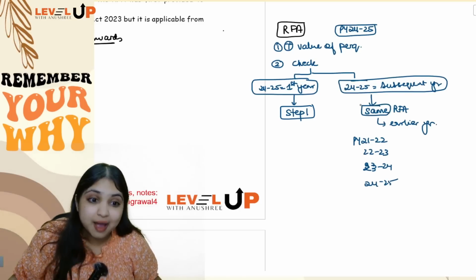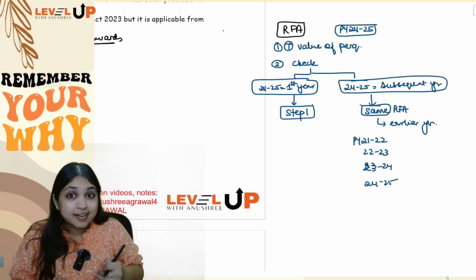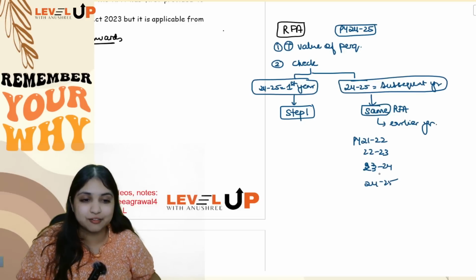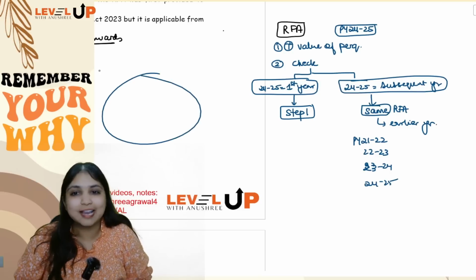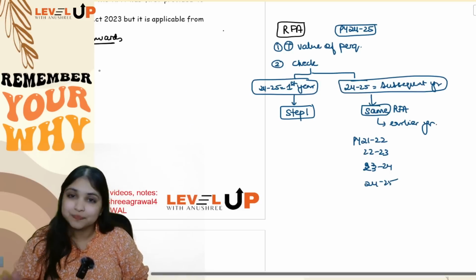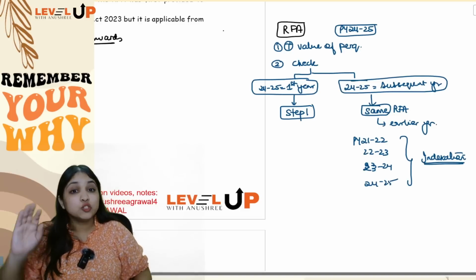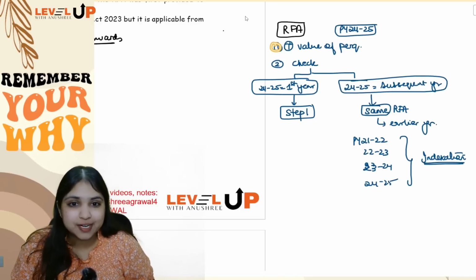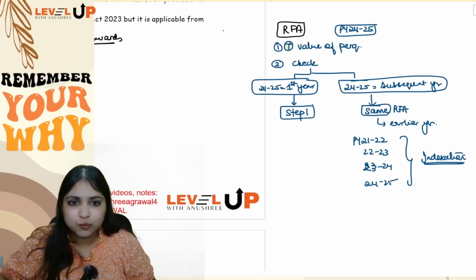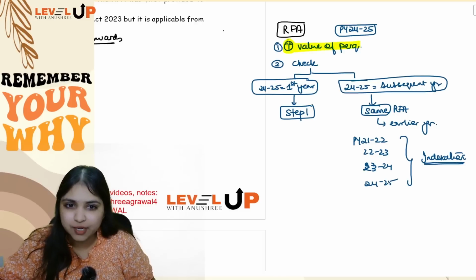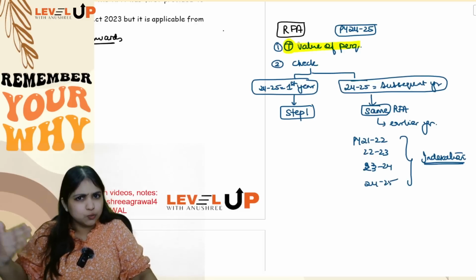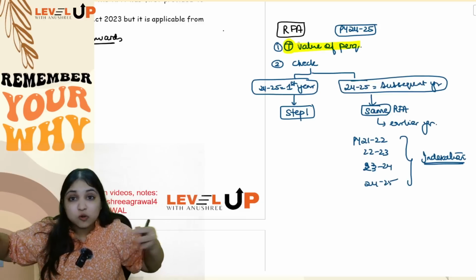If the same RFA is continuing, if the current year is a subsequent year for this RFA, then you will do one calculation which I will show you over here. You understood, everybody? Then only you will do something called indexation of RFA, which I will explain to you. Okay, so you will have two steps. Your first step will be, you will normally do the taxable value of RFA computation, whatever you generally do, the way in which you generally calculate,